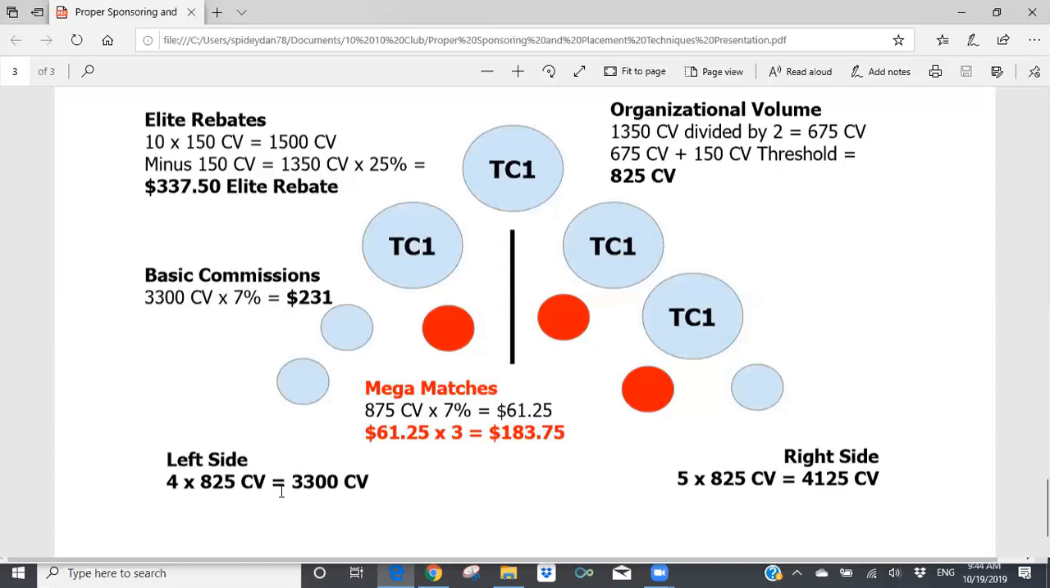Wow. All right. And then let's look at these people here, the ones in red. They've got 100 CV times 0.07. So the basic commission for these other people would be $7 times 3 for my mega matches. I would be earning $21 in mega matches as opposed to $183.75. Yeah. The power, and this is what keeps Synergy Worldwide